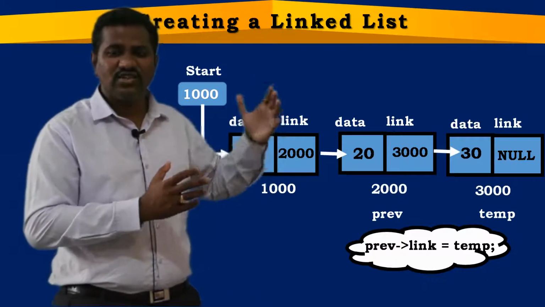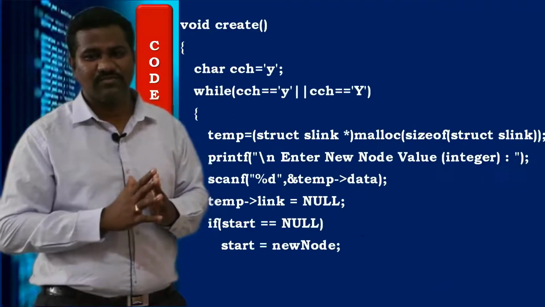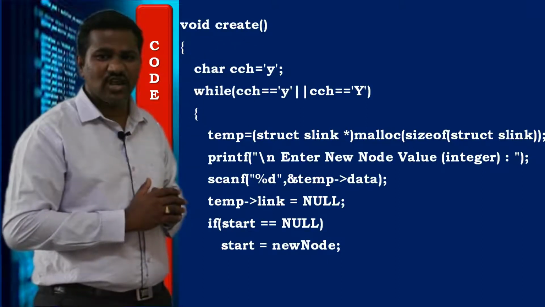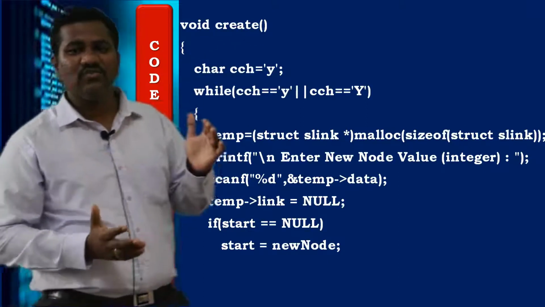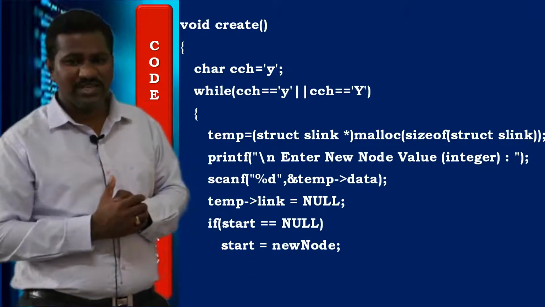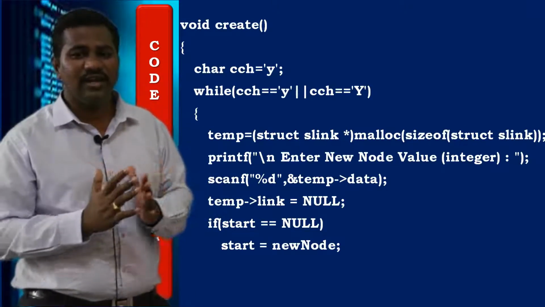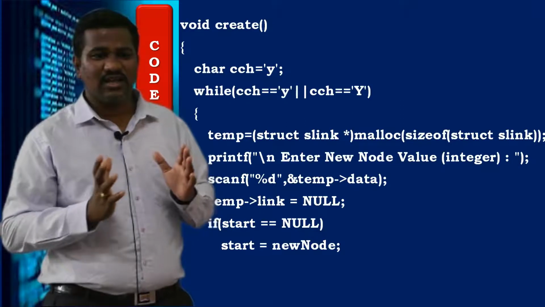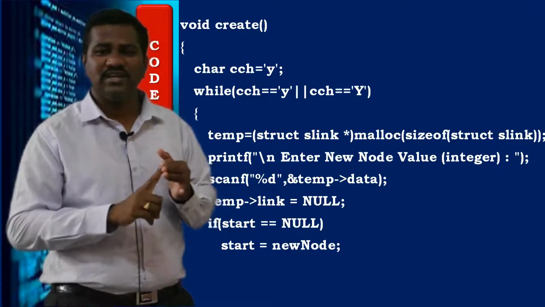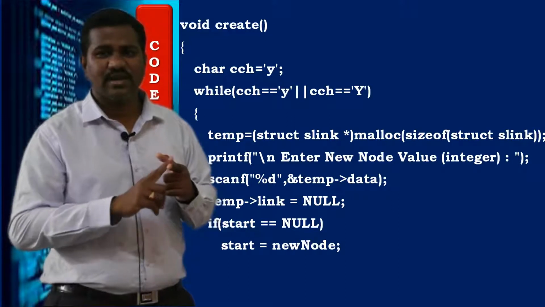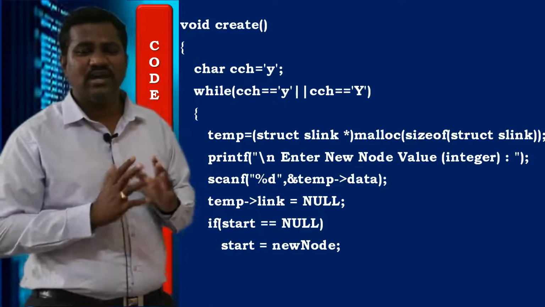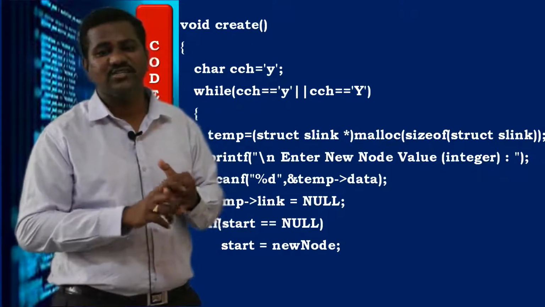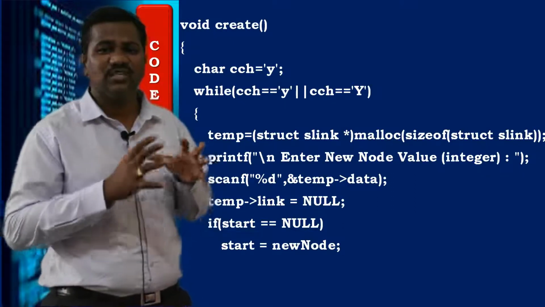But in the case of create, we'll be writing only one single function, the create function. The code of that create function appears as simply void create function. Inside that create function, we will be taking one while loop. Why will we take one while loop inside this create function? Suppose you want to create 10 nodes, then we need to repeat the block of statements continuously. The same things are there: allocate a block of memory, accept the data part, assign null to the link part, and establish the links. So for that purpose, all the instructions used to allocate the block of memory, accept the data part, and establish the links, I'm putting in one single while loop statement.